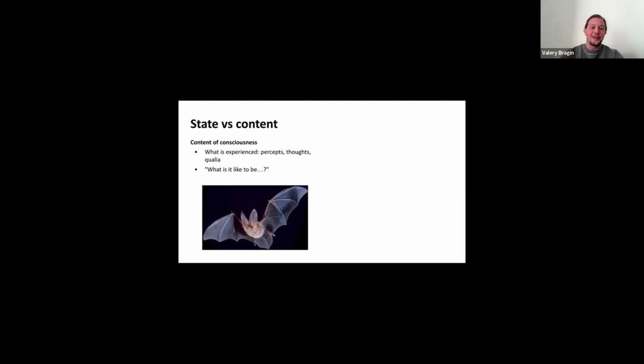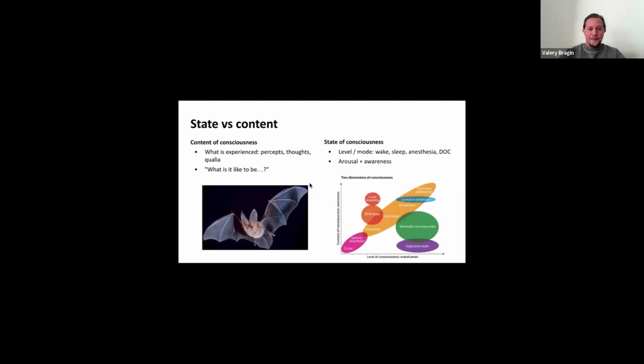An object possesses no consciousness if there is no such thing as to be this object, to be a chair, right? On the other hand, state of consciousness maybe is in some ways more tangible, and can still be decomposed, even along two axes.